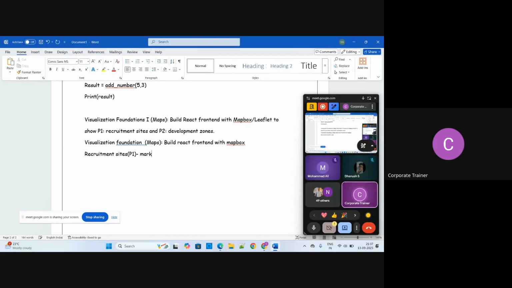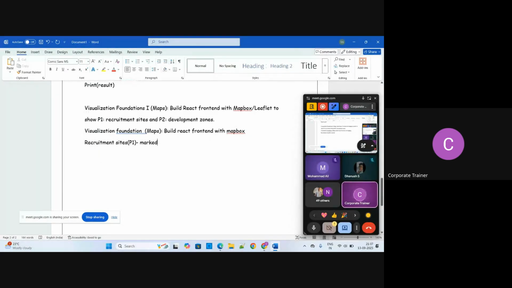Whatever development zone you can see, you can shade it using a polygon. So this is P2, development zones.